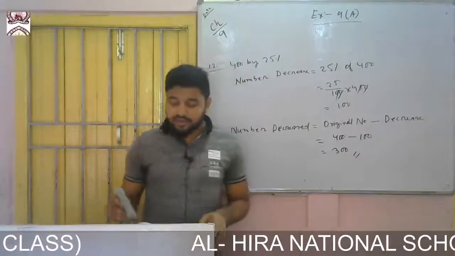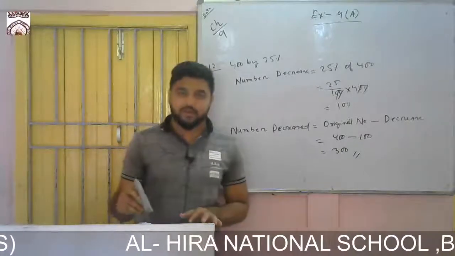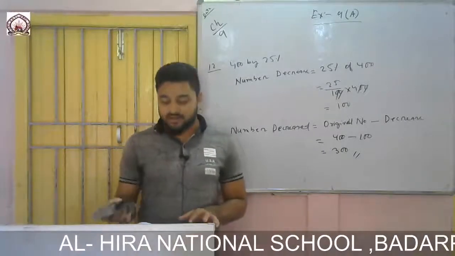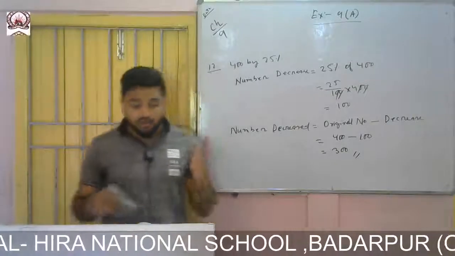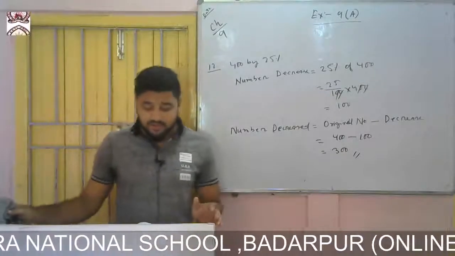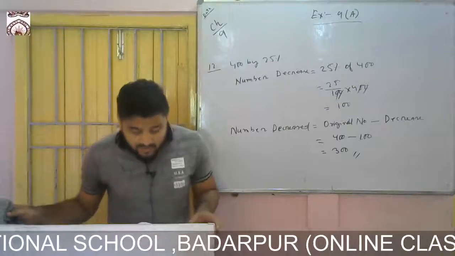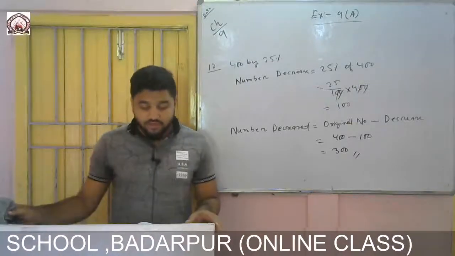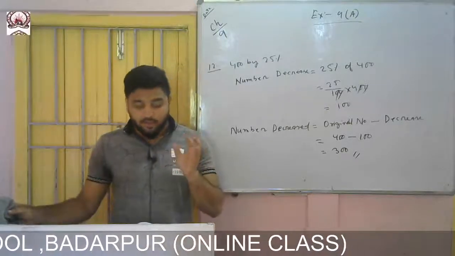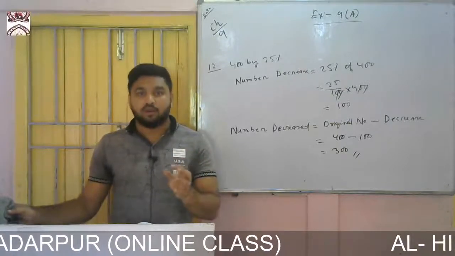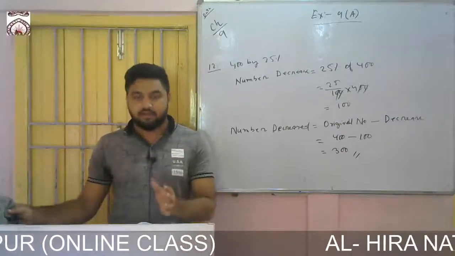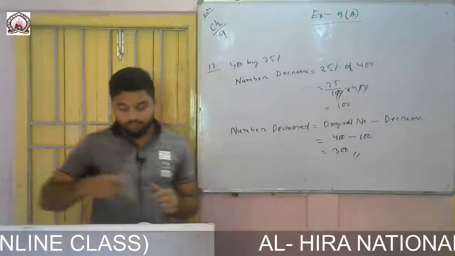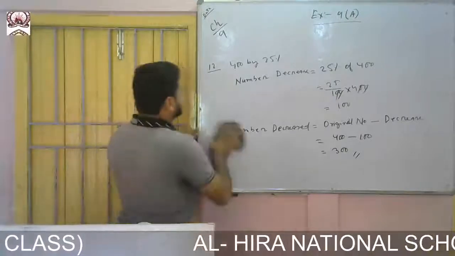Then we shall find 25% of 40 and 25% of a number, that means 25% of X. Then according to the question, this 15% of 40 is greater, so from 15% of 40 we will subtract 25% of the number X. Then we'll give 2.